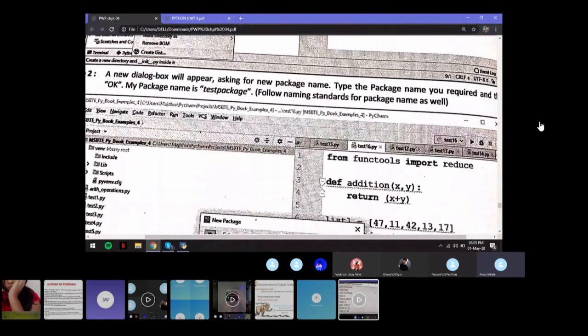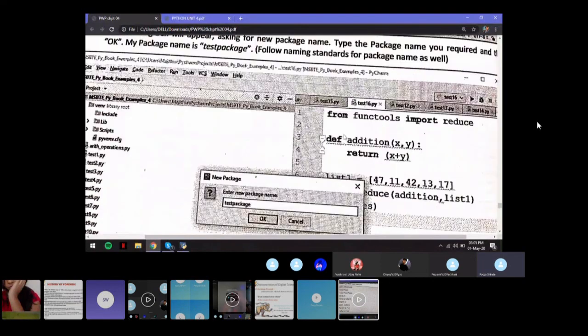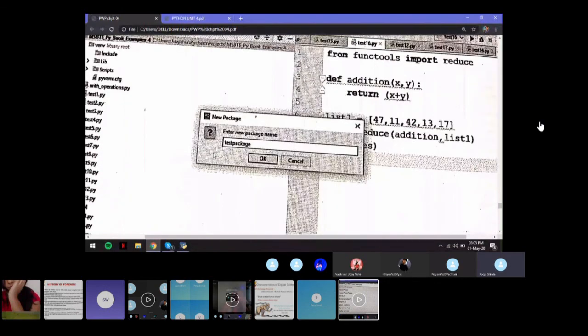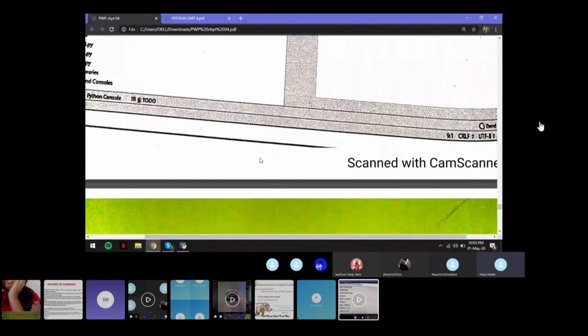Now in this, you'll get an option, as you can see over here. So you'll enter the name of your package and click on OK.